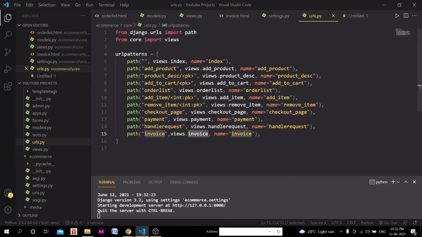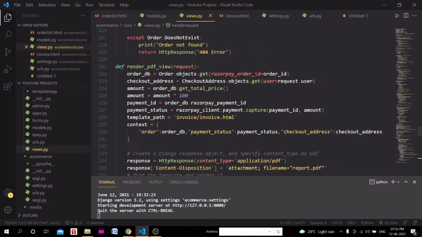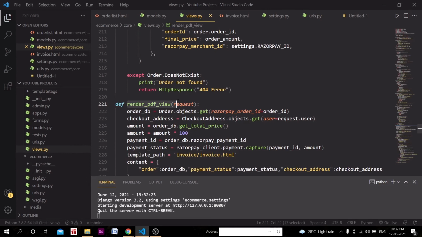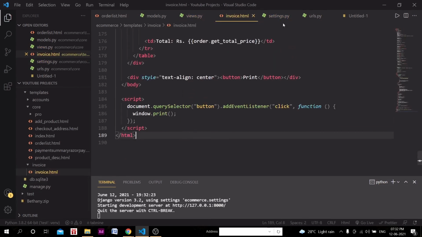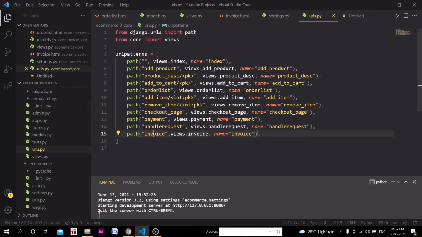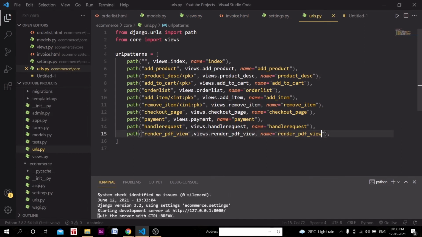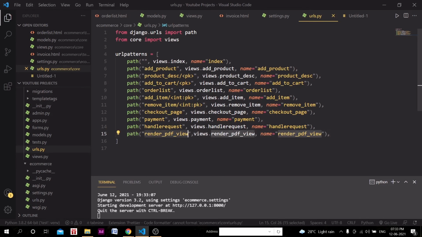Remember, in the URLs we had that invoice URL, so we can simply change it to render PDF view. In the URLs, let's cut this, I have renamed that invoice to render PDF view, and you can name this anything. I have kept this thing as it is.